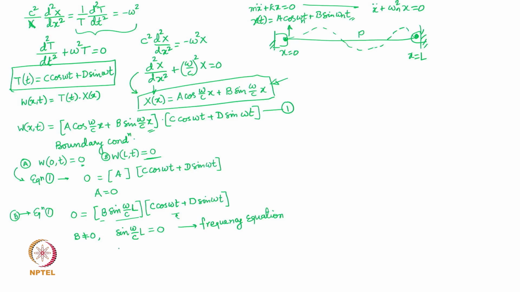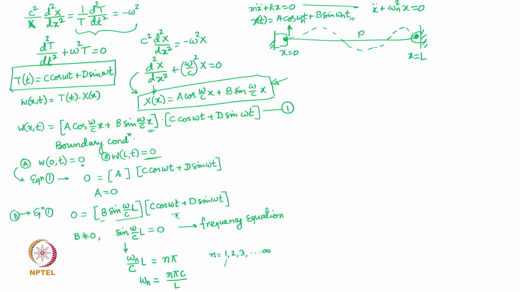Now, this obviously means that omega by c into L is n pi, where n takes the value from 1 to infinity, and I would put a subscript n, not the single degree of freedom natural frequency, but the nth mode natural frequency. Depending upon the value of n that you choose, the integer, it will give you the nth mode natural frequency. So, I can write the natural frequency omega n for the stretched string as n pi